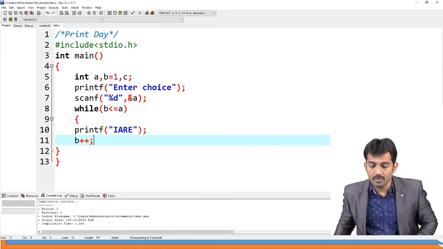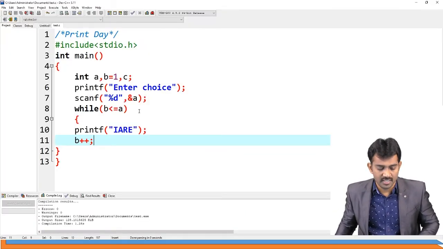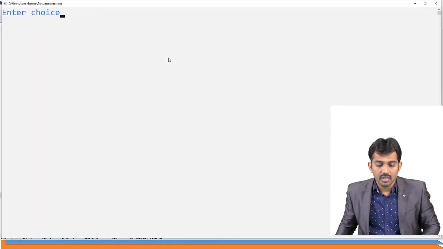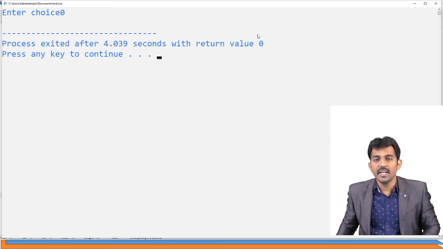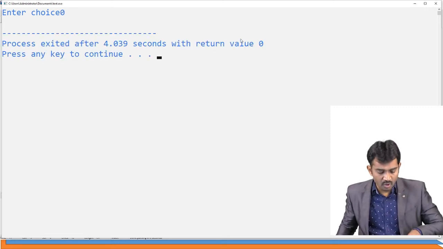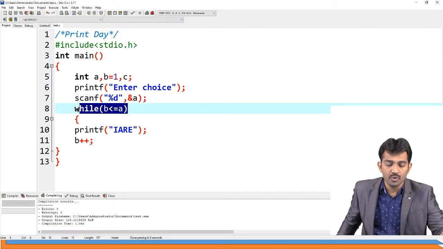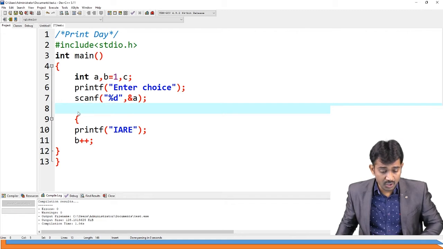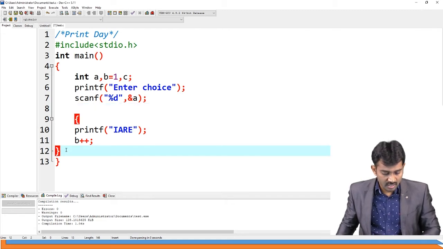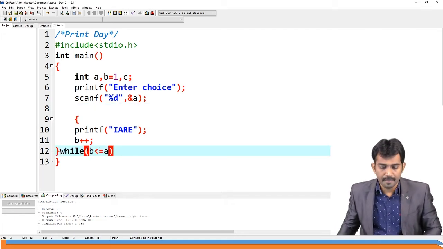I'll tell you. See, for example, here while is there, right? For example, if my value is 0, I didn't get any output, right? If I convert this program into do while, see, do while is there here, right?